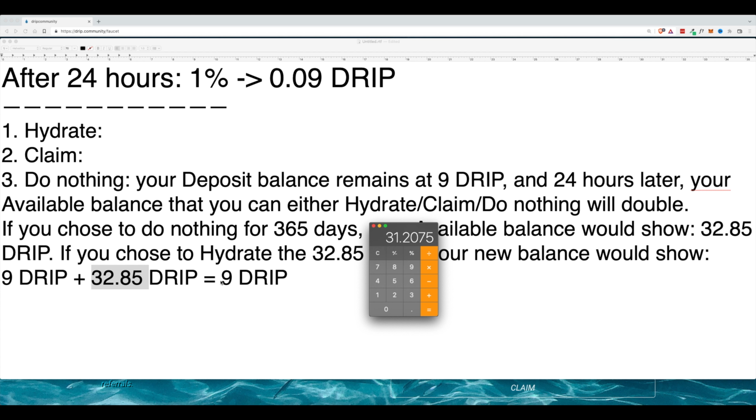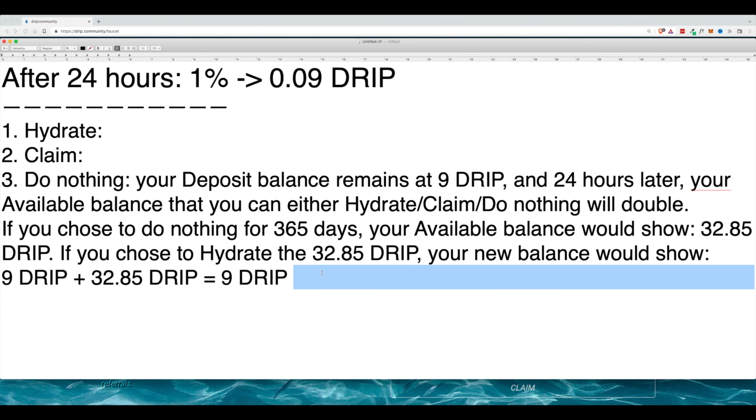So if we take the 32.85 and we subtract this amount, which is that 5%, we are left with 31.2075 drip. And then all we have to do is add back in the 9 drip that we already had from the beginning, and we are left with 40.2075 drip. So our new starting balance, if we chose to hydrate once after 365 days, we'd be left with